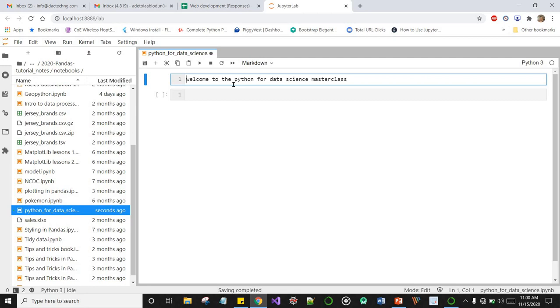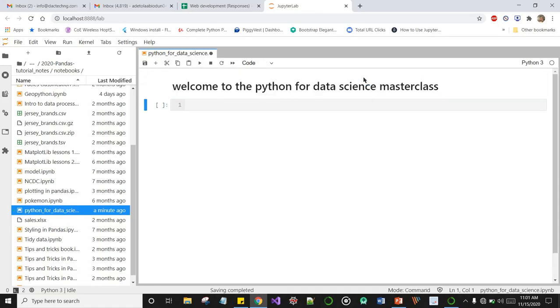We'll just put a hash sign in front of our text with a space. You see the text is highlighted in blue. Now the color of our text becomes blue. And alternatively, instead of coming to click on run here, we can just press shift enter on your keyboard.